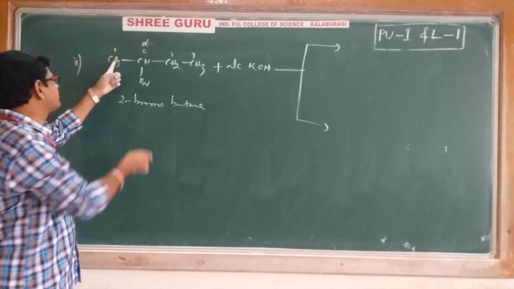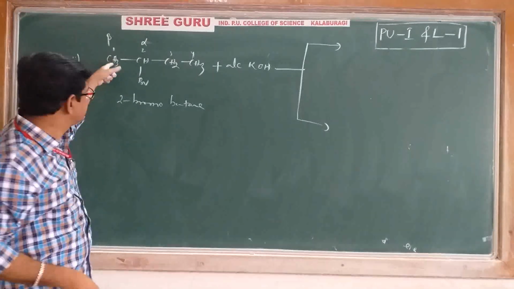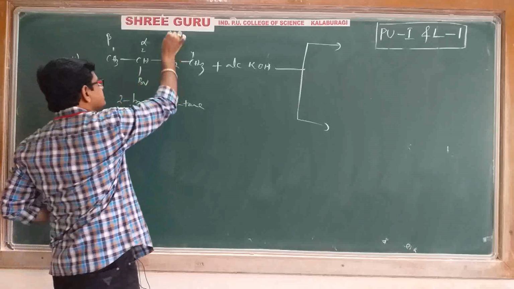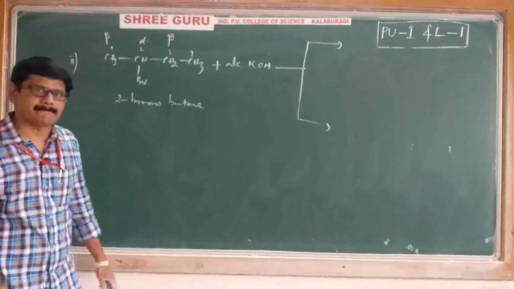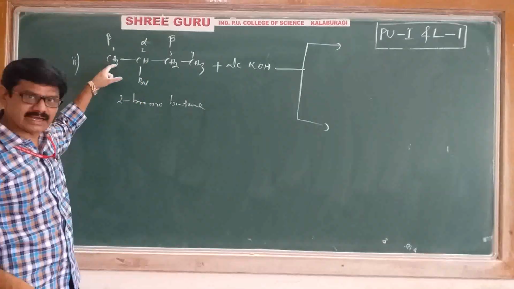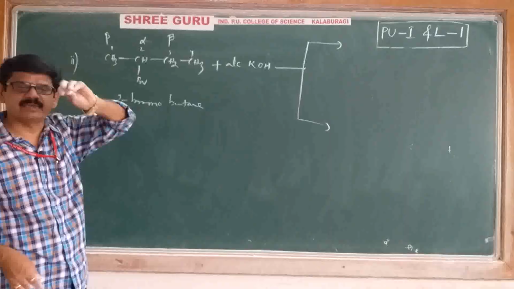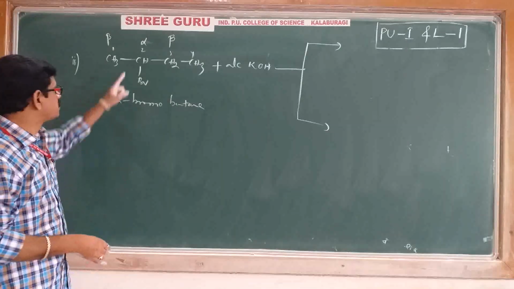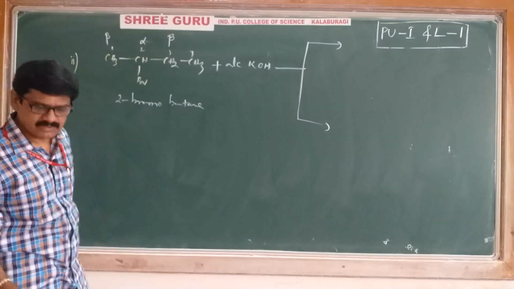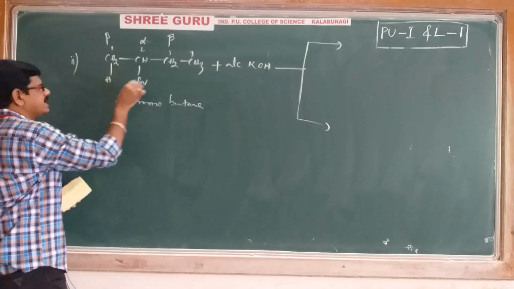Next, the adjacent carbon is a beta carbon. But the problem is, this is also an adjacent carbon. To this carbon, both are adjacent, so this is also a beta carbon, and this beta carbon also has hydrogens. Total how many beta hydrogens are there? Here 3 hydrogens, here 2 hydrogens: total 5 beta hydrogens. To this alpha carbon, this is a beta carbon and this is also a beta carbon. We will do one thing: here one hydrogen I am separating for my convenience, and here also one hydrogen I am separating.